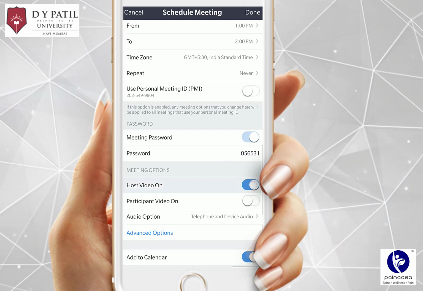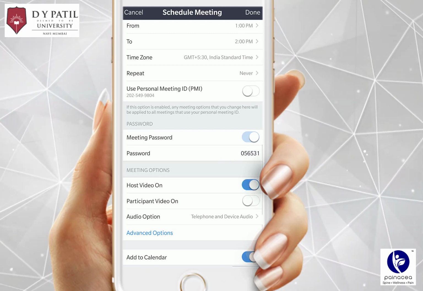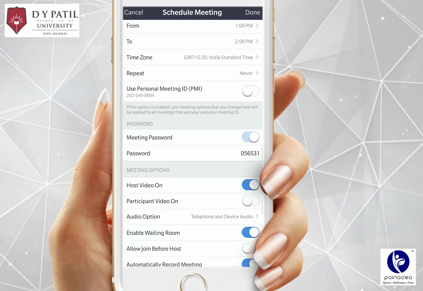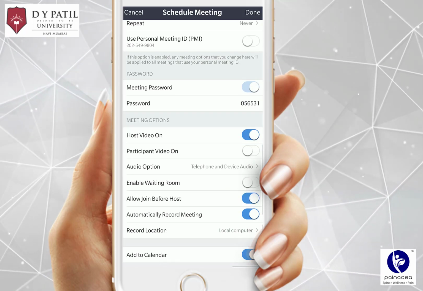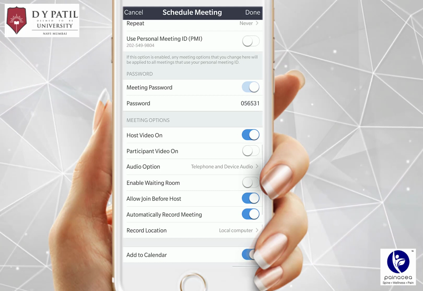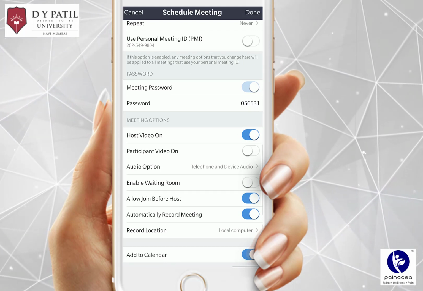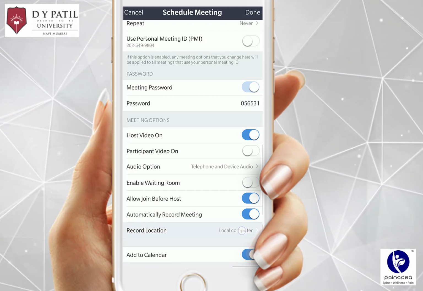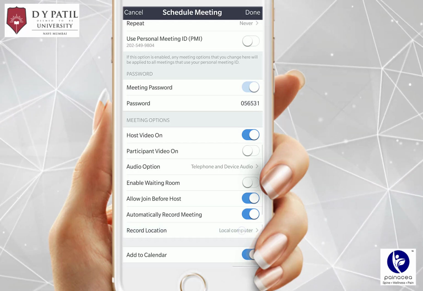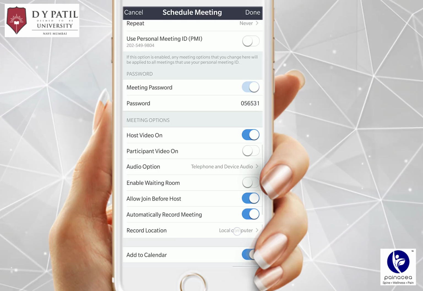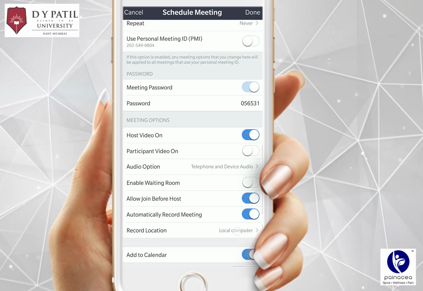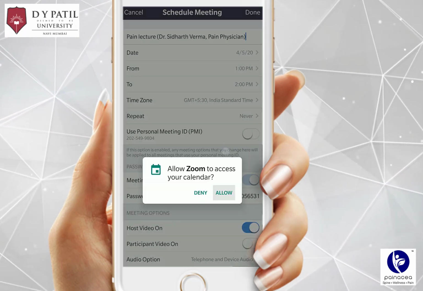options. Always keep the meeting password on. Host video should be on. Participant video should be off if you want to conduct a one-way lecture. It's better you switch off the waiting room. Allow to join before host. Automatically record the meeting, and of course add to the calendar so that you remember yourself. You can click on the record location and just choose to save on the cloud so that a recording